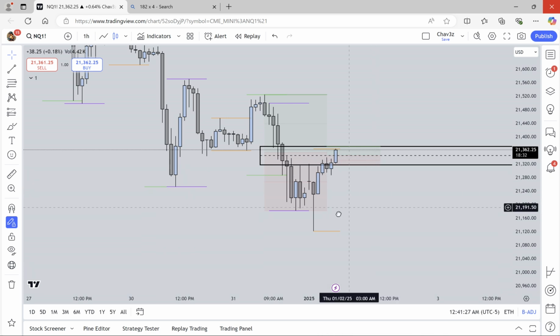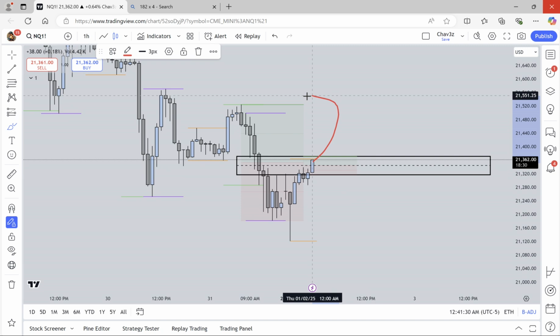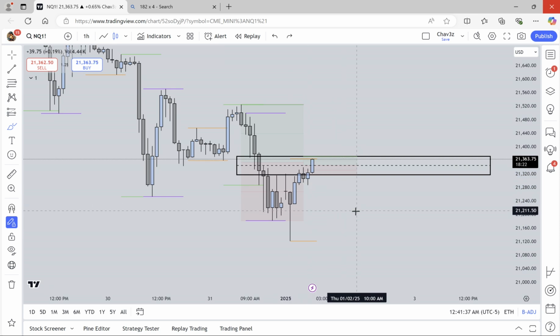So now that we know where we want price to reach, up here or down here, now we look into how we are going to get there. We've already talked about it, and I've explained to you guys what we do at session highs and session lows, where we create the fair value gap. That fair value gap is very important that we create when we take a key level, because that gives you the visual confirmation of the displacement.